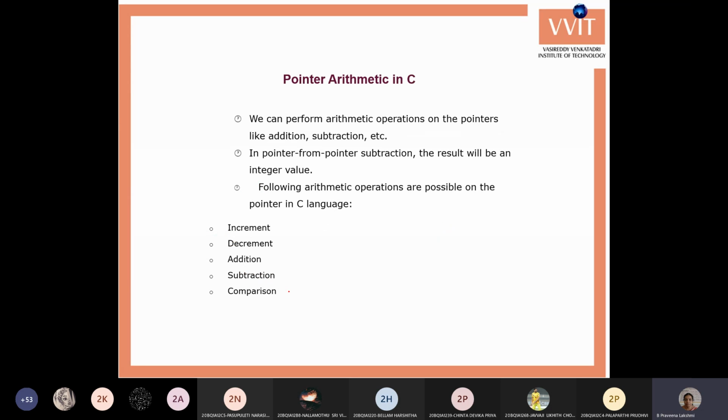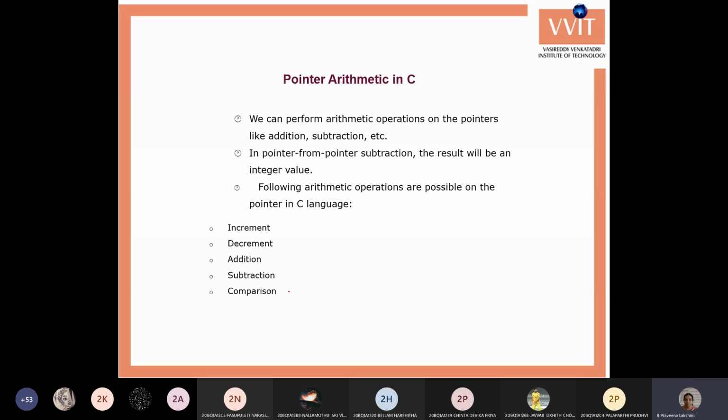Next we will see pointer arithmetic. Pointer arithmetic is nothing but whatever arithmetic operations we can do with normal variables, we can do the same with pointer variables also. The only difference is that with normal variables, based on the value, it can increase or decrease, multiply or divide.